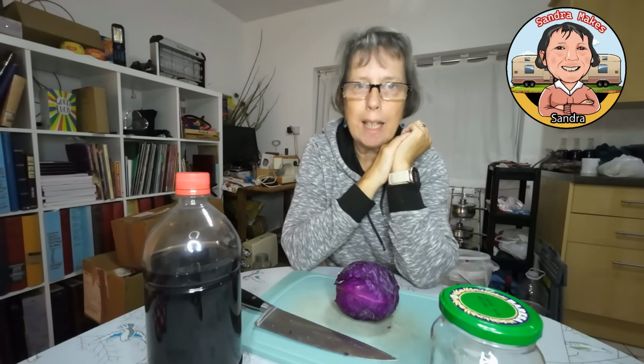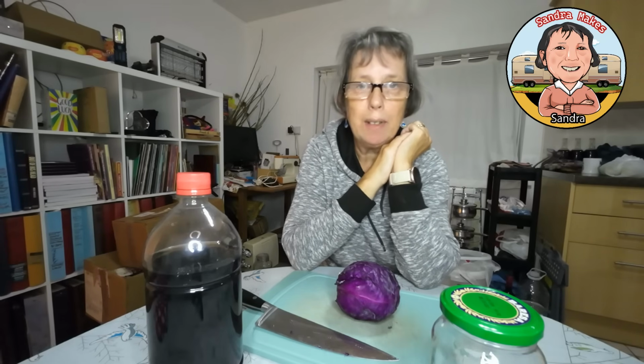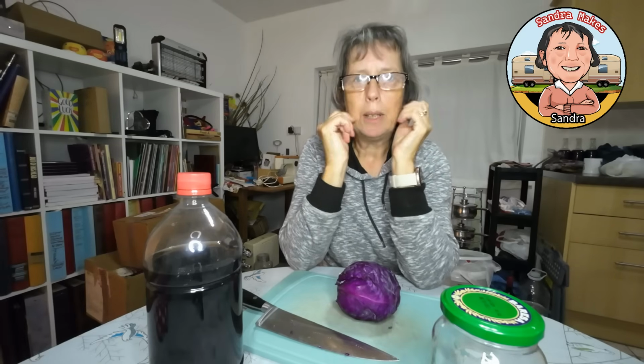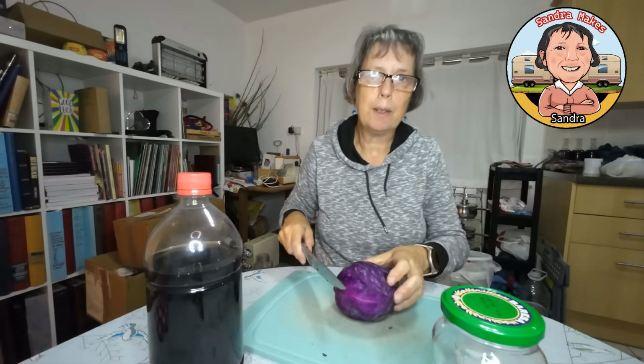So I like doing it with red cabbage, but you could do it with other kinds of cabbage, and just do basic pickled cabbage. It'll keep for ages. Yeah, you could put it in the fridge, but I mean it's pretty well preserved in the vinegar anyway. So it's really just a question of